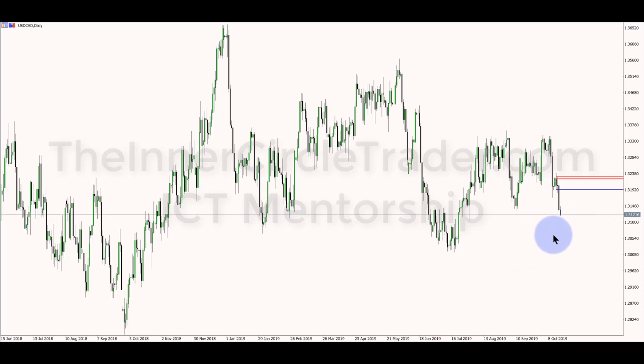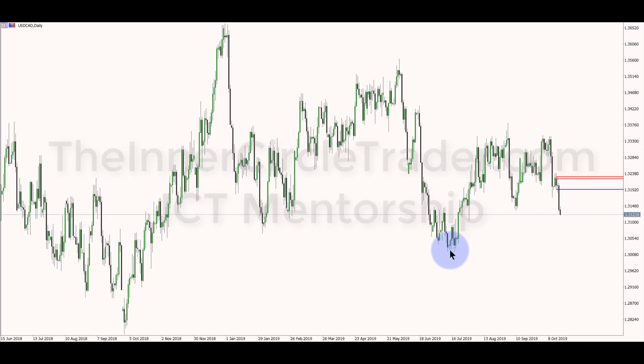What changes that if we trade above Thursday's high? Okay, so if we trade above Thursday's high, then we'll have to start worrying about the imbalance here and then the equal highs. But right now, if you look at the December contract for Canadian futures, it looks like it has a bullish market structure. So that would be inverse for dollar CAD because the pair is dollar versus Canadian. So if this is going down, that is basically the same thing as Canadian dollar going up. And just know that that's the underlying background, what I'm thinking of when I see this. But the obvious liquidity resting below here, I think that's the next draw on liquidity.